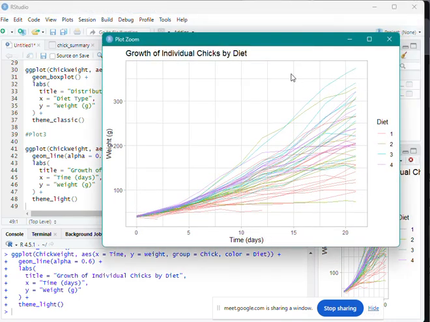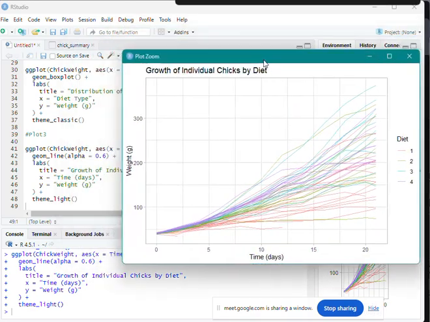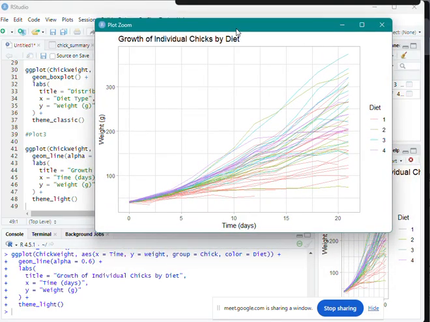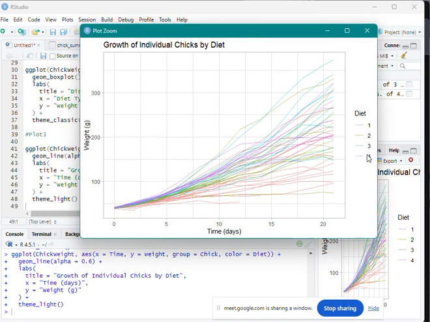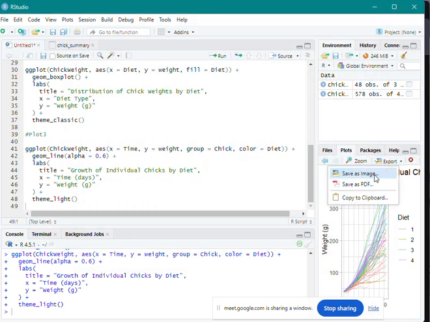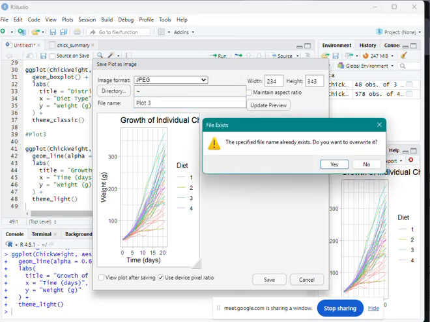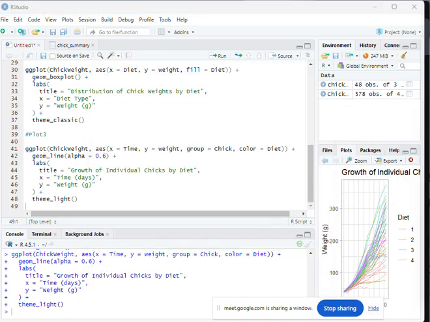We use the geom_line function with transparency alpha equals 0.6 to avoid overlapping lines, and applied theme_light for a softer visual style. This chart clearly shows how growth trends vary within and across diets. And now we will also export this to JPEG as plot 3.